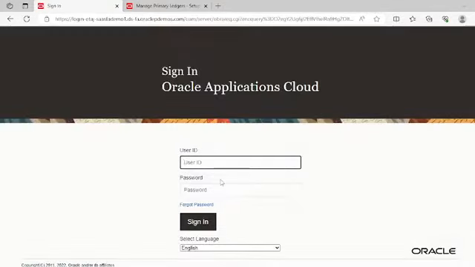Let's log in with the user who have access to Indian Primary Ledger. We need to create the journal.